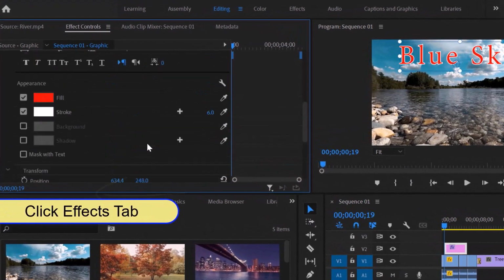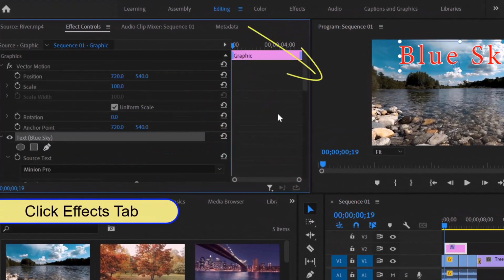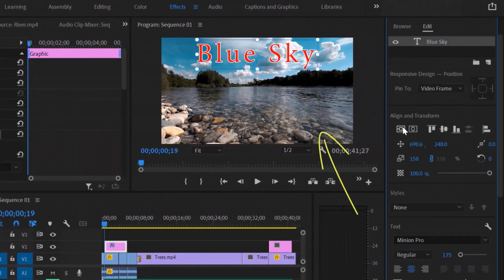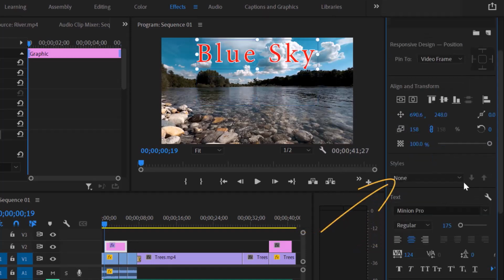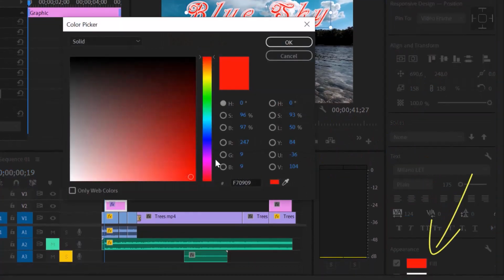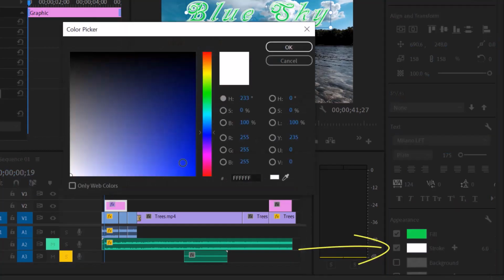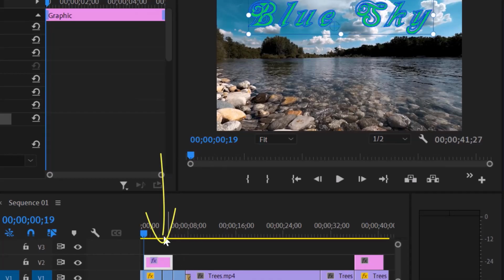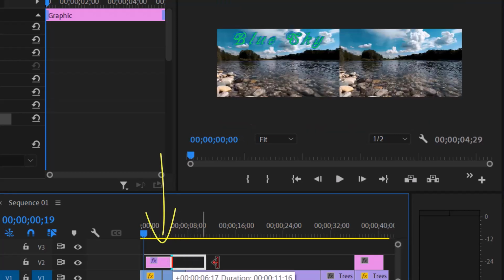As we did previously, you can also use all the effect controls to apply animation, rotation, zooming, and opacity to the text. Once you have made all the adjustments you like to your text, it will be shown as a graphic on the timeline. And you can click and drag the end of the text clip to control how long it is